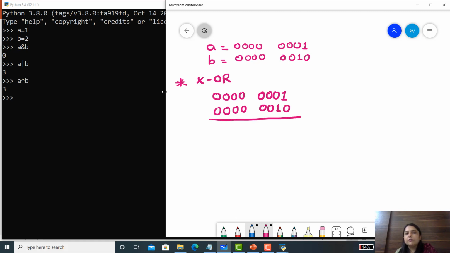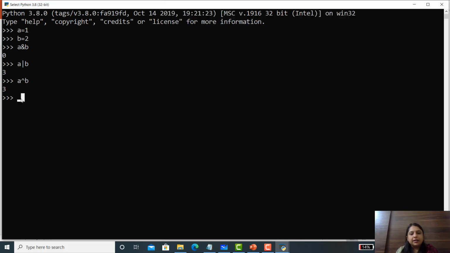In XOR, if the digits are not similar, it returns 1. 0 and 1 gives 1. If the digits are similar, it gives 0. Here also 0 0 0 0 0 0 1 1. If we convert this into decimal, we get 3.